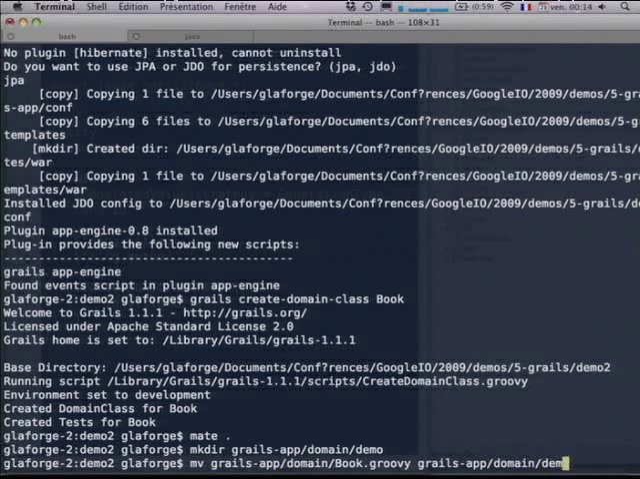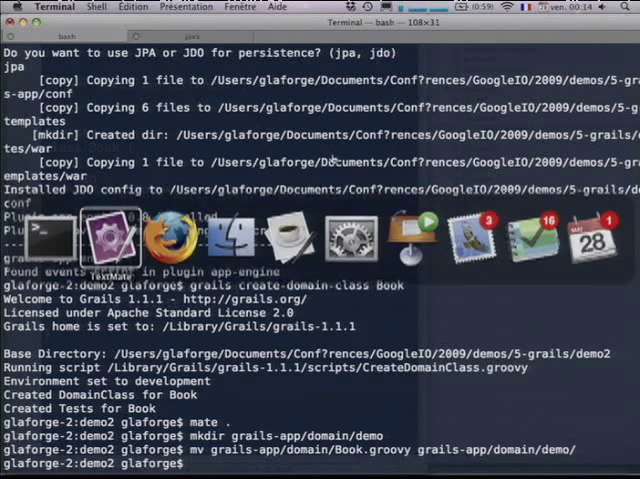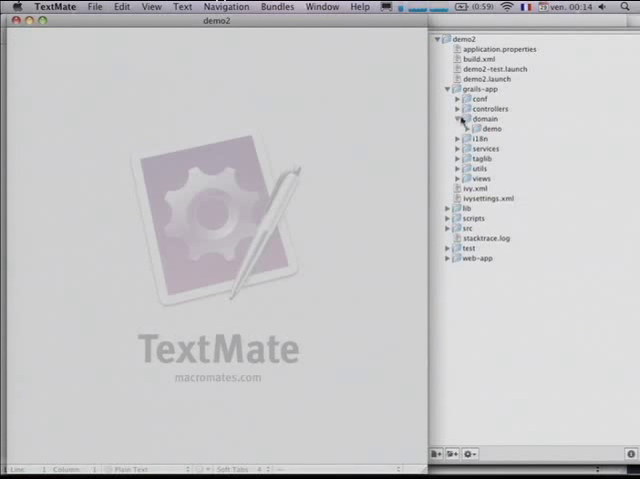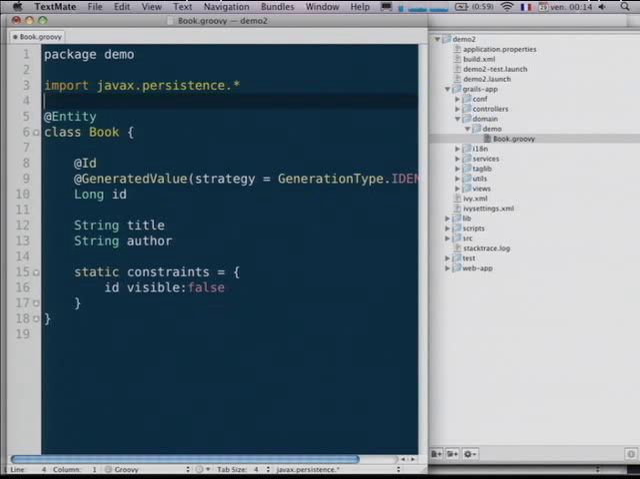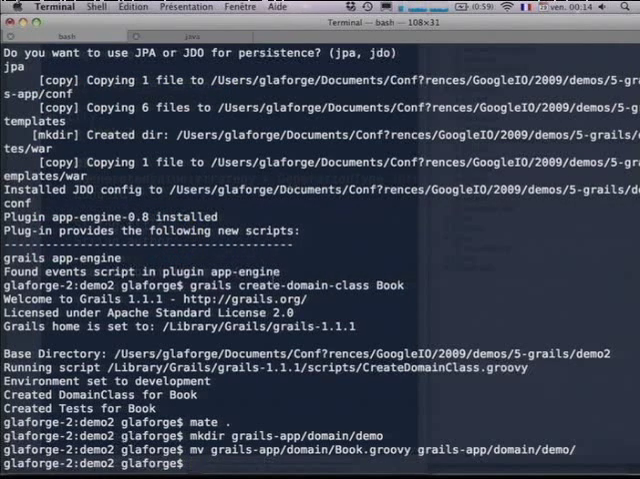Domain, demo, and I'm going to edit my book class again to add the package information. Should have done that first hand too. I don't need semicolons. Can even remove that. Okay, so I've got a package demo. If I didn't make a mistake, now I'm going to generate